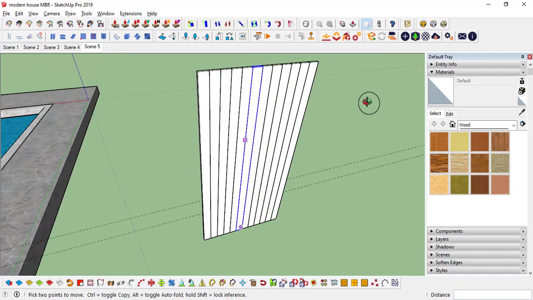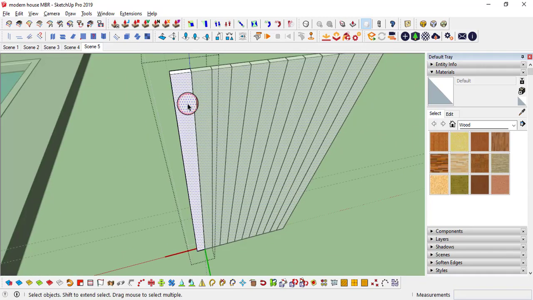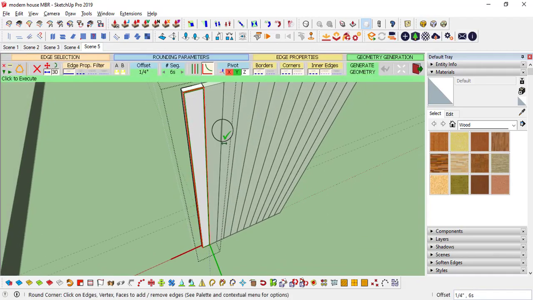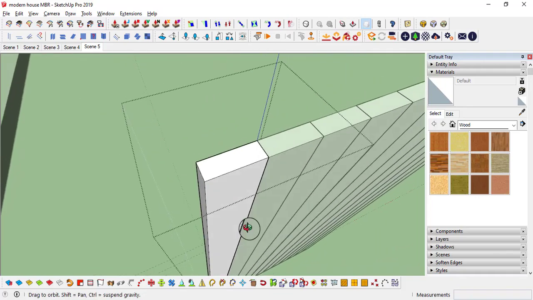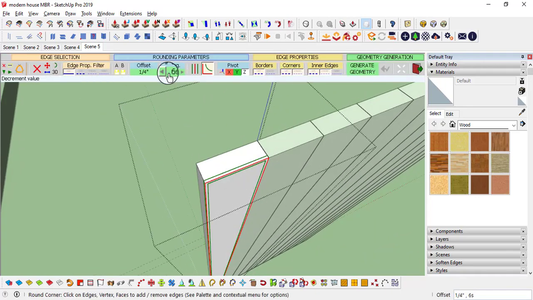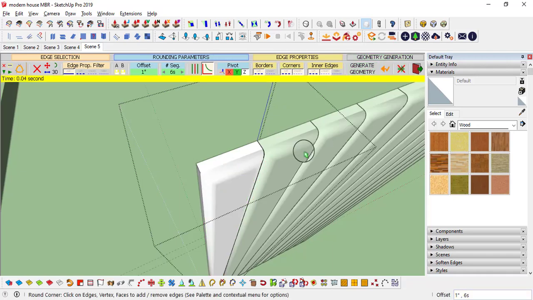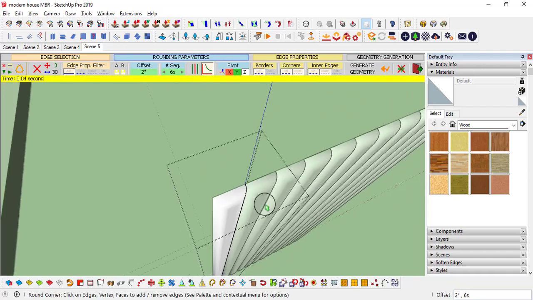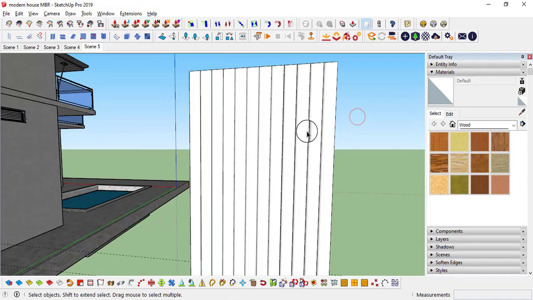Everything's done. Next, I will select this face. I will use this round corner tool. So I will use bevelize on each side. How much? Make sure you have 6 segments, because more than that may lead to an increase in the number of faces. That may not be needed. So I'm going to use this offset, like it is 2 feet, right? 1 inch or 2 inch. So I'm going to use 1 inch. Click enter, just check it. If you want more, you can use like 2 inches. Yeah, on 2 inches it is making some effect.